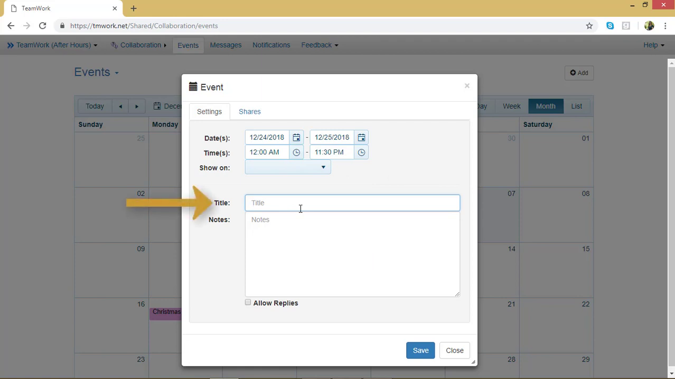Maybe I'll put the title of this event as Offices Closed. This is Christmas Eve and Christmas, and we're going to say the building is shut down completely. So in the notes, I'll say no access for anyone. If I want to allow people to reply to this event, I can click this box